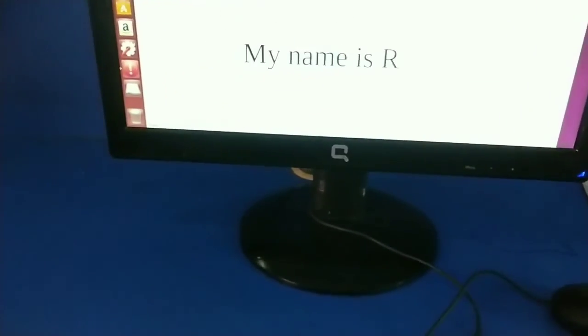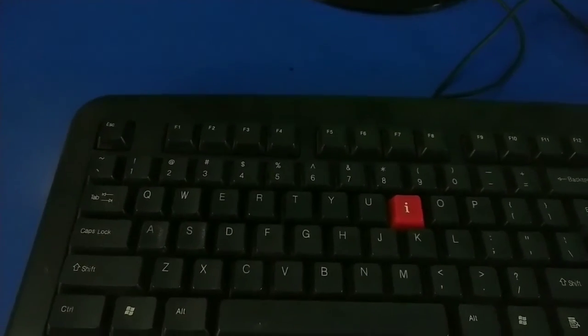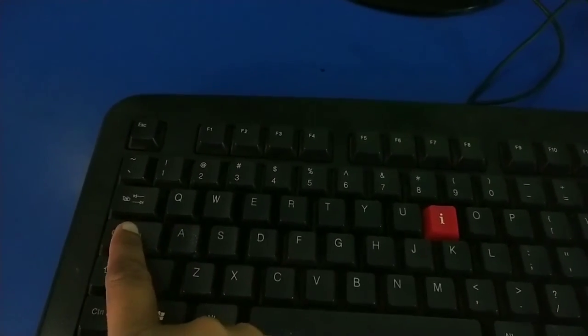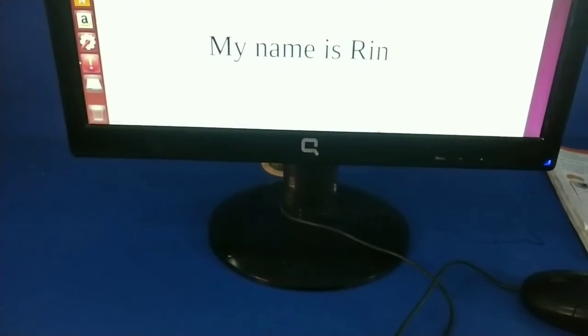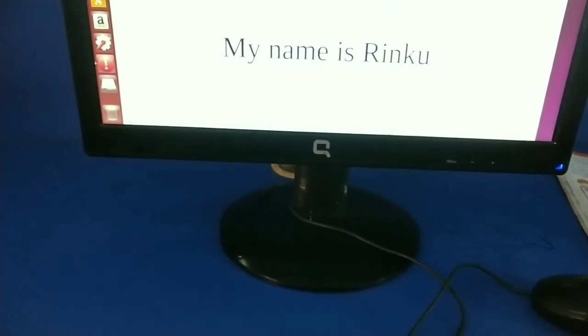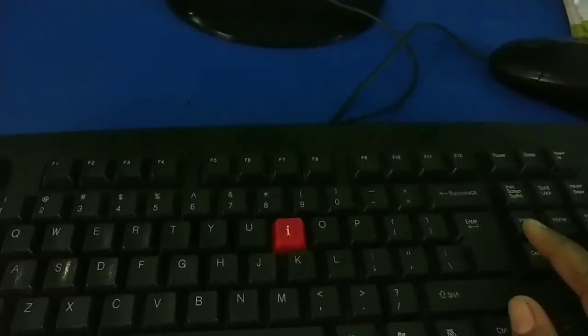Now we need a capital letter, so we press caps lock key. Rinku. Now we need a small letter, so we again press caps lock key. Look here, my name is Rinku. Now I want a second line, so I press enter.